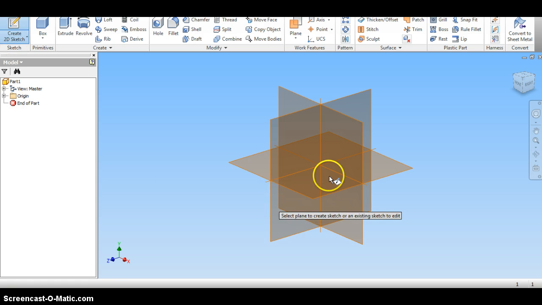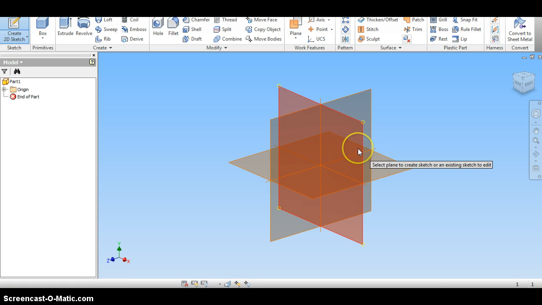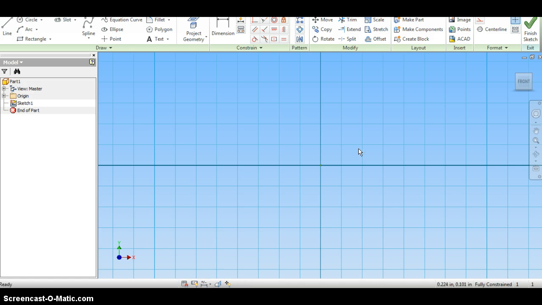I'm going to pick a window to work in. And it should flip around, and hopefully your grid is still there. If not, I can help you reset the grid. So for our furniture part, if we remember, it was 24 by 36. So I'm going to make a rectangle. I click on Rectangle,